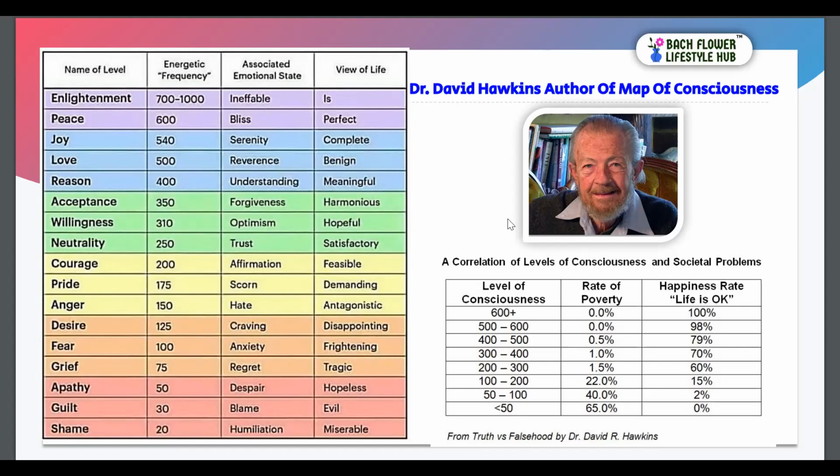Another piece of research which Dr. David Hawkins has done is about people who carry this vibrational energy at a higher level for a longer period of time. They have very little chance of poverty, and their quality of life and happiness is always in the higher range. That's the percentage they have calculated based on analyzing the behavior and vibrational energy of lakhs of people. That's the research Dr. David Hawkins has done.